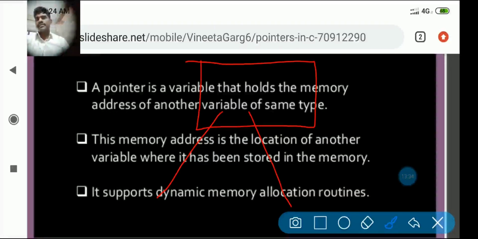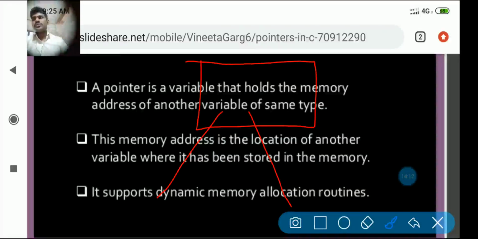A, B, C. For example, this blackboard is inside room A. In the same way, C equal to 5. C is the name of a variable whose value is 5. Inside this C, the value 5 is stored in that memory location.